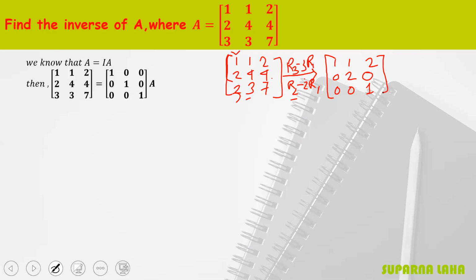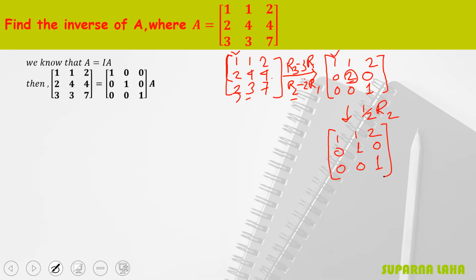So look. Here you find this row has leading element 1 and others are 0. Now in the first column, leading element 1 and others are 0. Now in the second column you have to make the second element 1. That means if you divide this row by 2, you will get this element as 1. So half of R2. The first will remain the same. The second one is 0, 1, 0. And the third one 0, 0, 1.